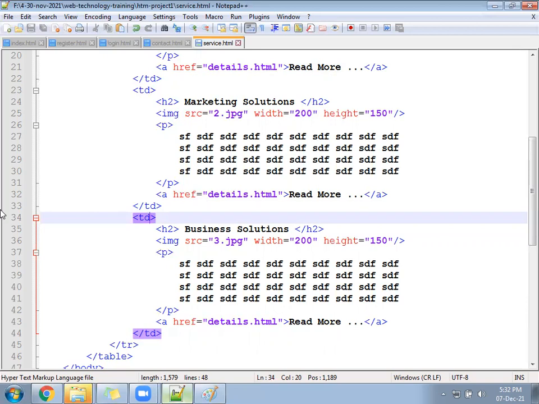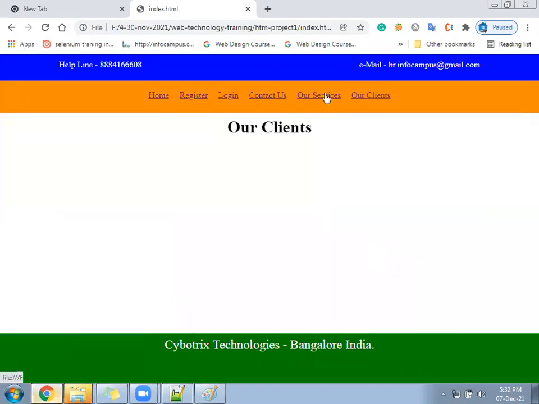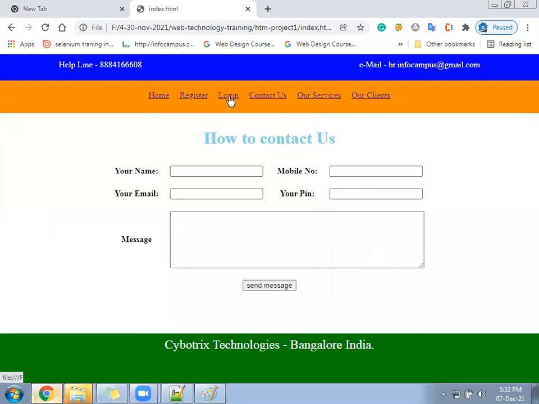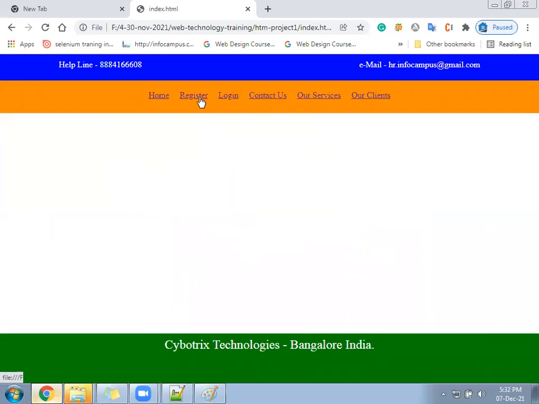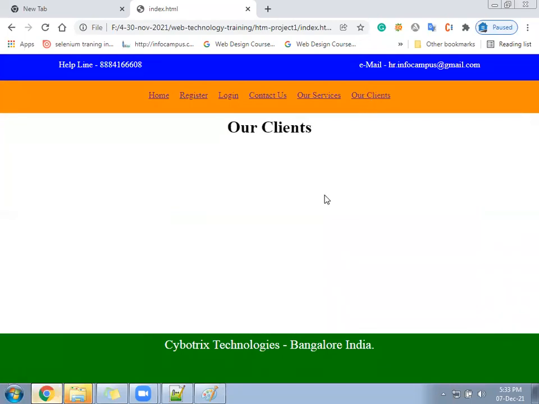Okay, our next file will be client.html that we have made already. In client.html, using t-head, t-body, t-foot, we are going to display the data with pagination and something.